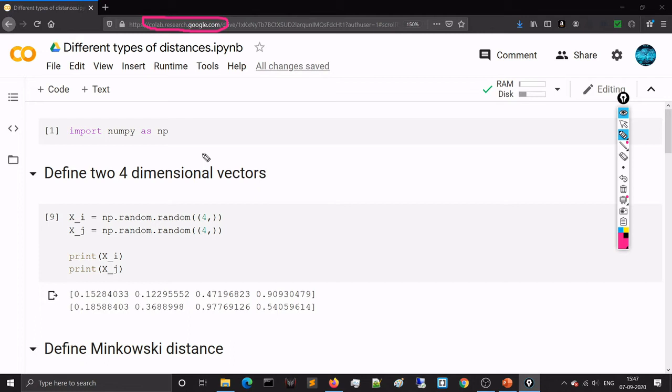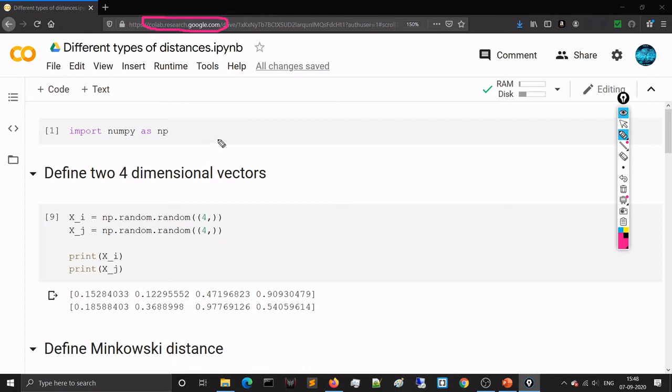If you don't have a good laptop, a good CPU or RAM or GPU or VRAM, you can use Google Colab. It's fairly easy to use, and it's similar to Jupyter Notebook if you have seen one. If you don't know what a Jupyter Notebook is, think of it as a Python editor where you can interactively execute Python cells and see the results. So this is Google Colab. I always recommend you to use it, and it's fairly simple to use.